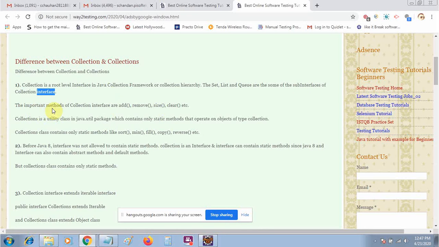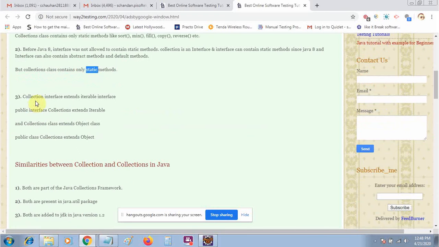The important methods of the Collection interface are add, remove, and so on. Collections is a utility class in the java.util package which contains only static methods. Before Java 8, an interface was not allowed to contain static methods, but after Java 8 it can have static, abstract, and default methods. But the Collections class has only static methods. Also, the Collection interface extends the Iterable interface, whereas the Collections class extends the Object class.